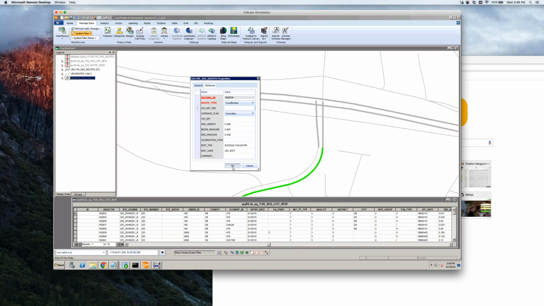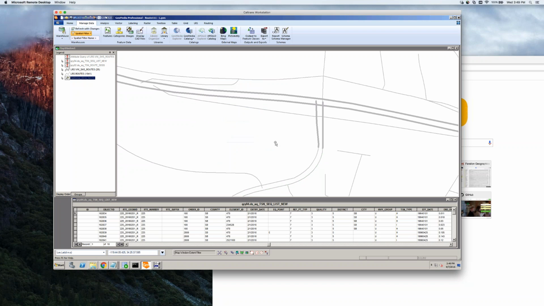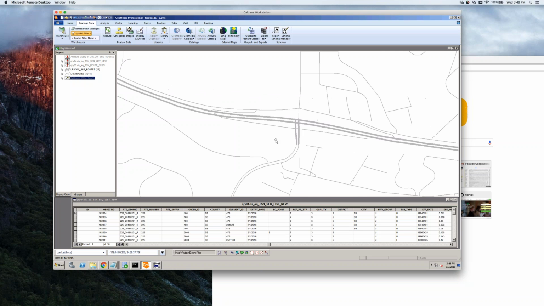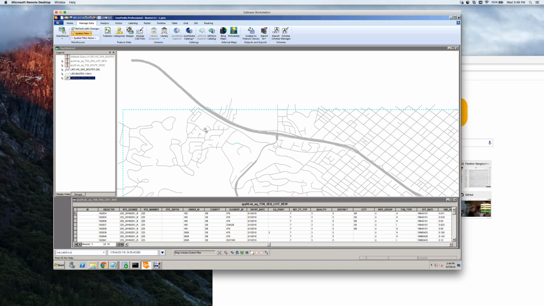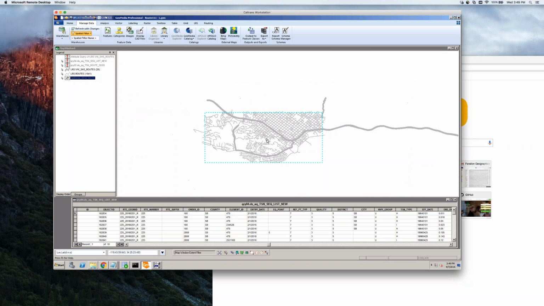So I'm guessing what was happening is because it was preventing us from changing it from state highway system, even if you put in a different LRS key, your triggers were recreating it as a state highway. Is that kind of what was going on? Yeah, bottom line is that the trigger is based partly on what route type you select, and it was only allowing you to select state highway route type. Yeah. So if you wanted to unselect it from being a state highway system, it was not going to work. So okay,